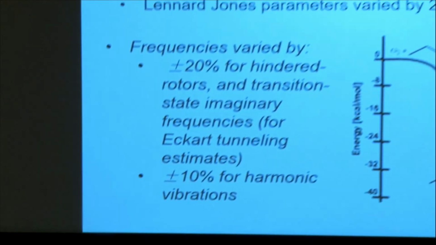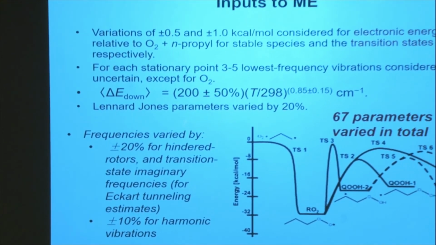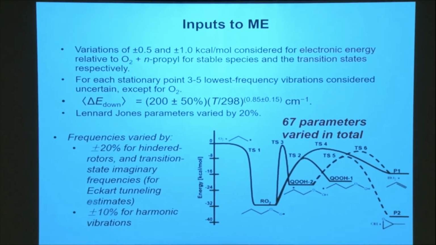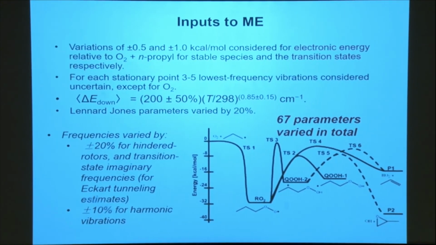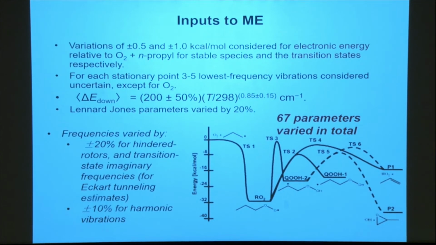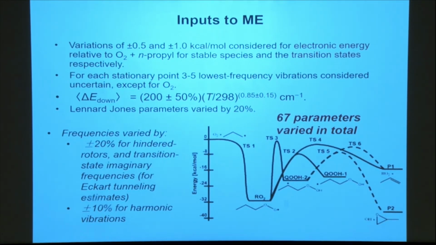Okay, so this was an example for the N-propyl plus O2 system. N-propyl is the alkyl radical coming from propane plus oxygen, and it's a typical low temperature pathway for an alkane. So addition of oxygen forms the peroxy radical, a relatively stable radical down in a well here. And then potentially